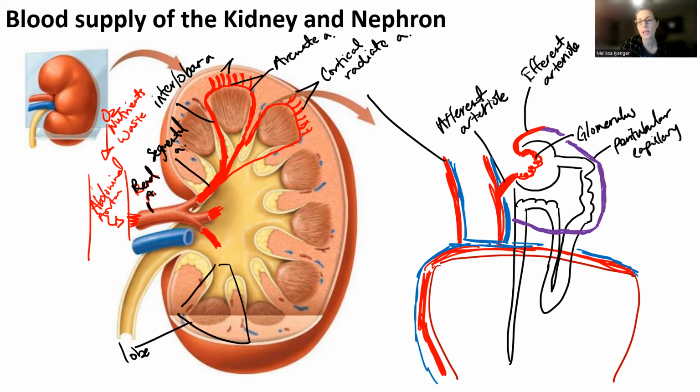This capillary is highly permeable to all substances, so things can move back and forth between the filtrate and the blood. So all that's the peritubular capillary that's eventually going to drain into the cortical radiate vein,